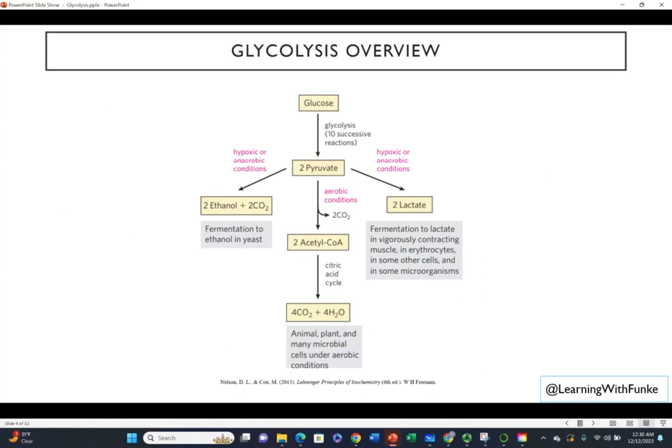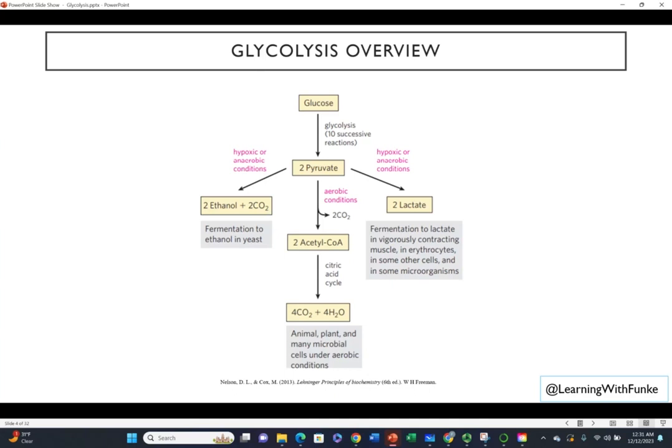And so for a glycolysis overview, for the purpose of this class, we're focusing on glucose to 2-pyruvate. For our next videos, we'll be going over other processes. However, it is also important to know that under anaerobic conditions, you can go from 2-pyruvate to 2-ethanol in yeast fermentation. So this is fermentation to ethanol in yeast. And then you can go from 2-pyruvate to 2-lactate under anaerobic conditions,